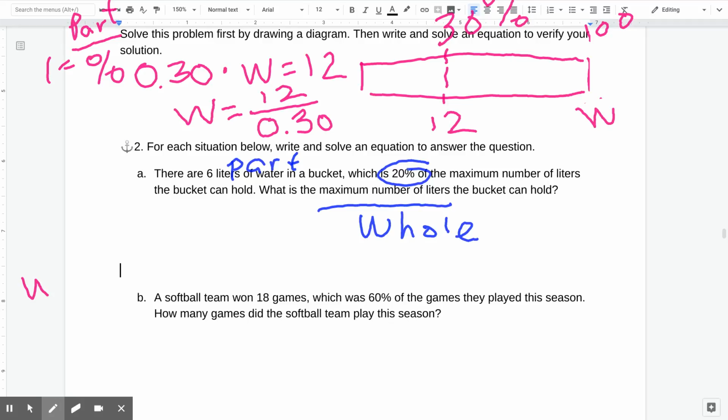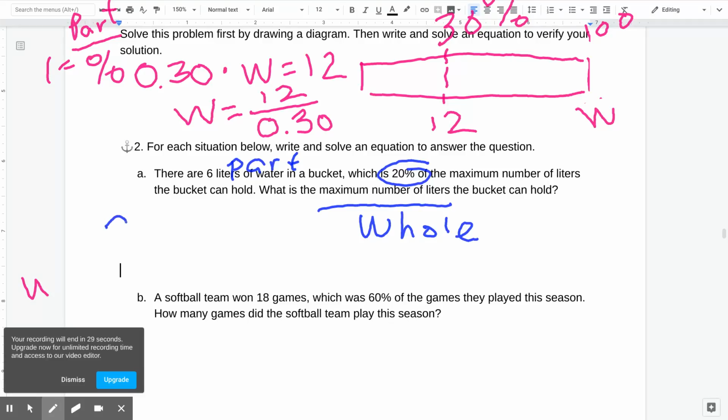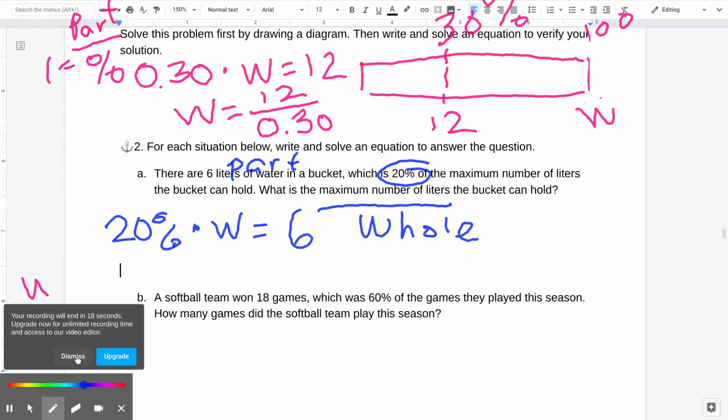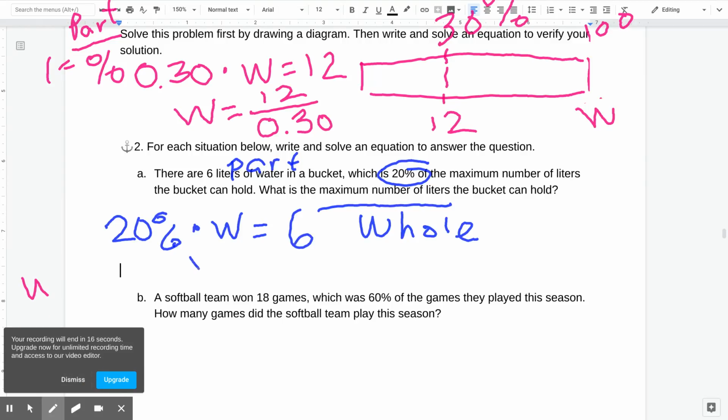So I can remember that if I take my percent, 20%, multiplied by my whole, that should give me my part, which is 6. So then I can take that the whole is going to be the part divided by the percent written as a decimal. And of course, then